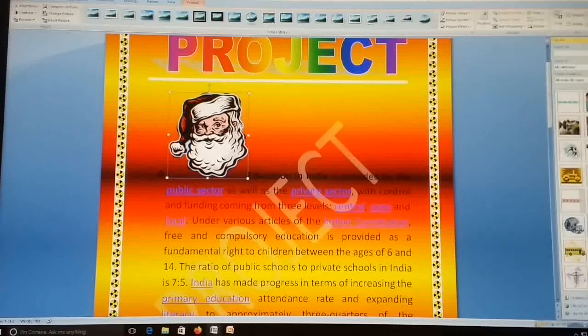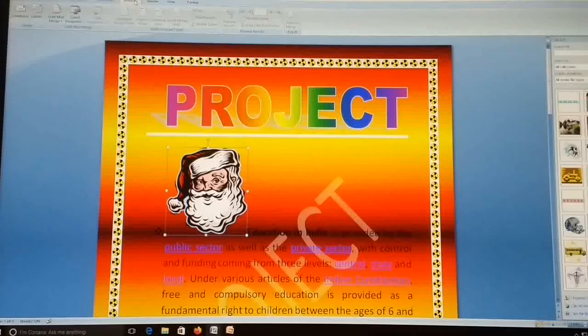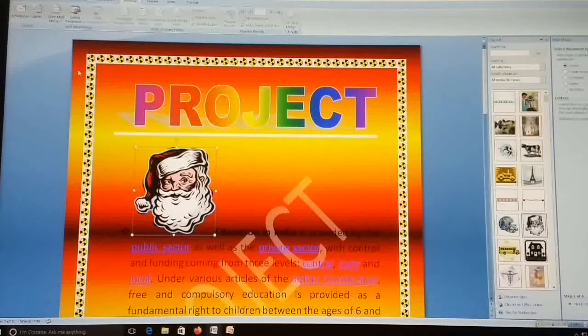Another important feature of Microsoft Word is mail merge. We have to just click on the mailings option, then click on start mail merge, then click on step by step mail merge wizard.